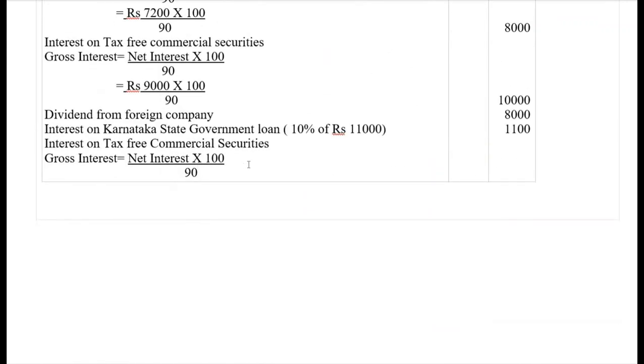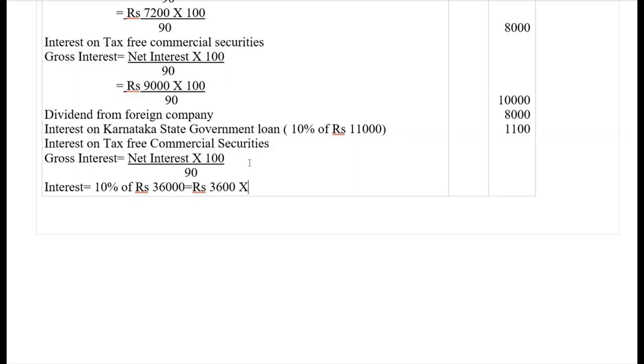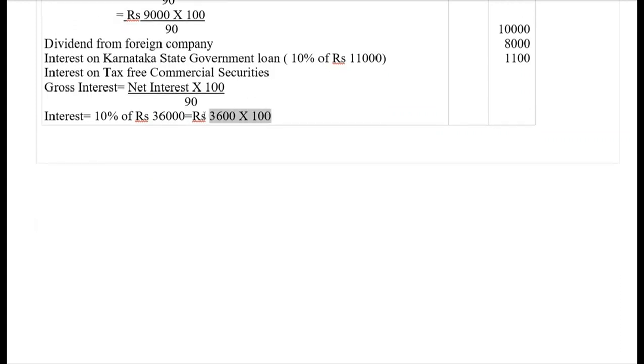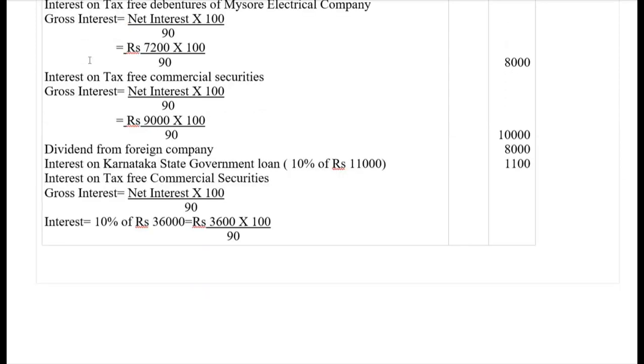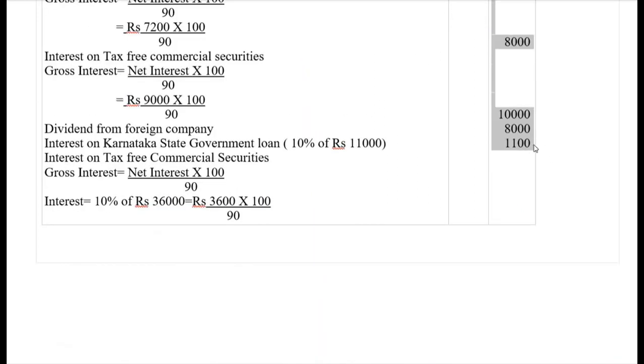So first we should calculate the interest here. So interest equals 10% of rupees 36,000, which equals rupees 3,600 multiplied by 100. So let's divide this here by 90. So 90, which comes to 4,000 here. So 4,000. Then we should calculate the interest on